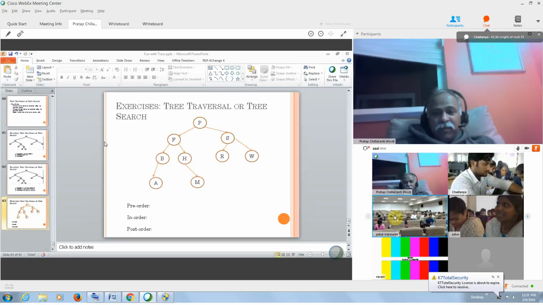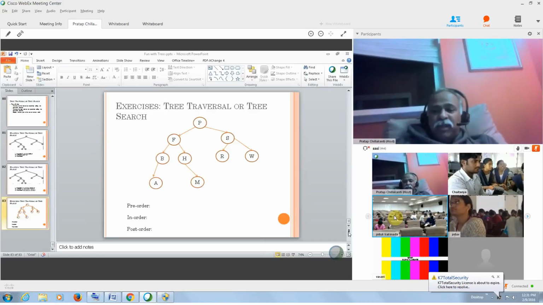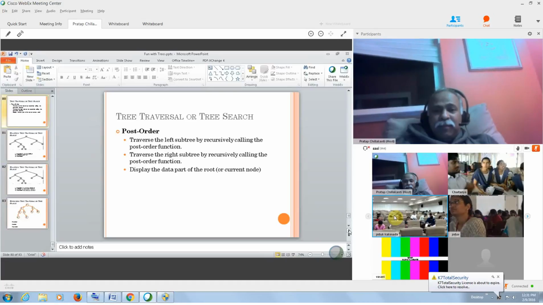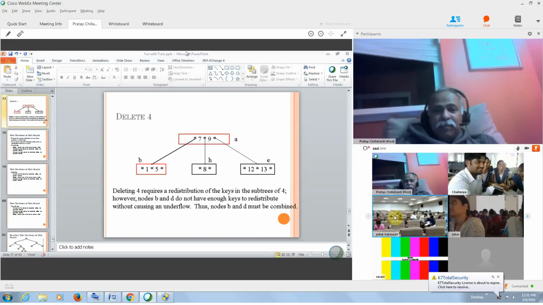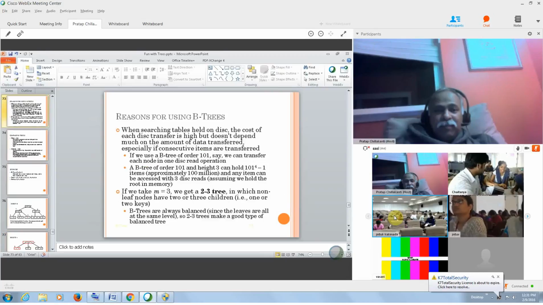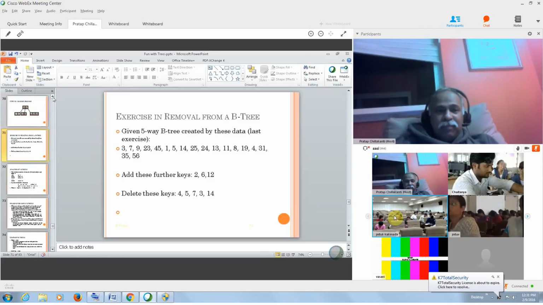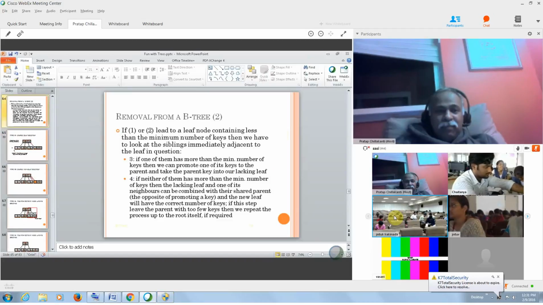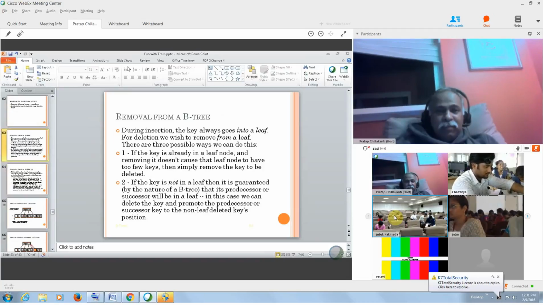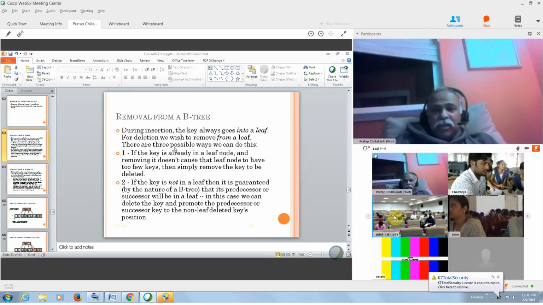It's to the right of root 35. Okay. There. Remember we had rule 1, 2, 3, 4, right, for deletion. If you go back there, okay, let me ask this complete. That's good. So during removing, if the key is already